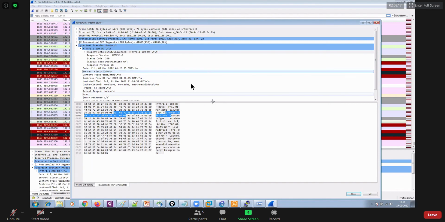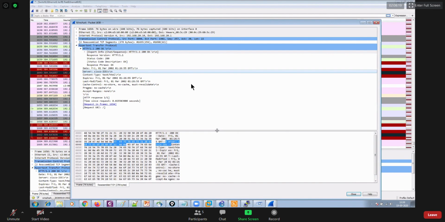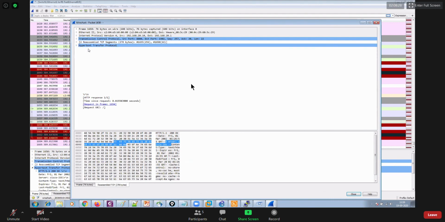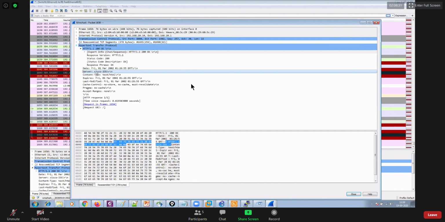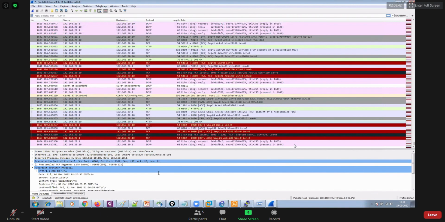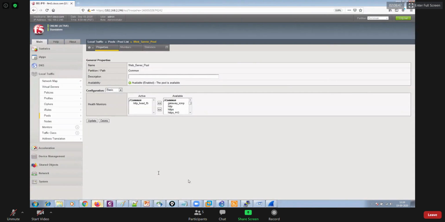So now you can look at this, that you are getting only the response header. You're not getting the message body. You can see that this is the response, but it doesn't have any message body because you sent the head request. You sent what? Head request. Clear? And this is a more efficient way to perform monitoring for your web content.